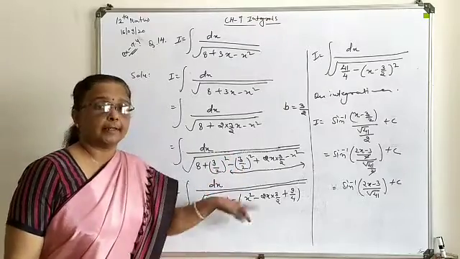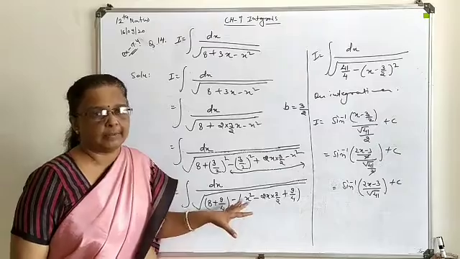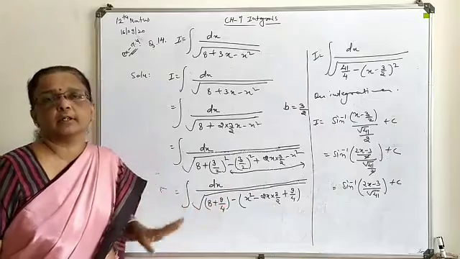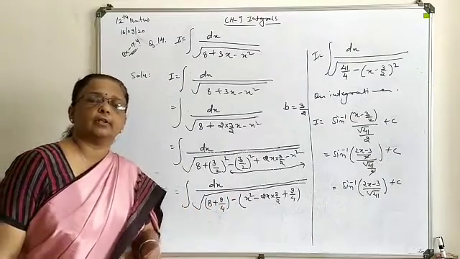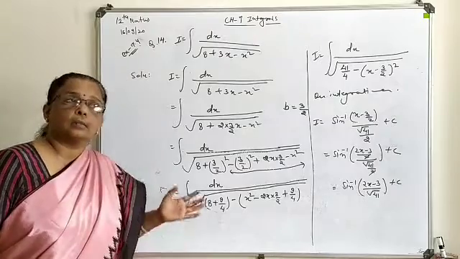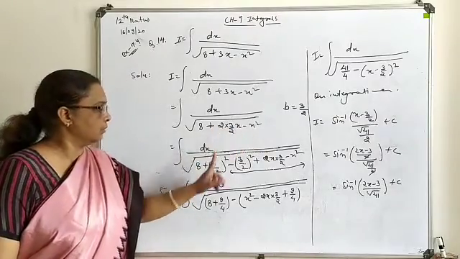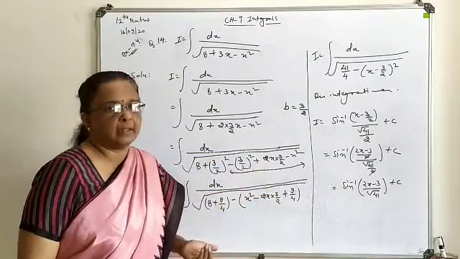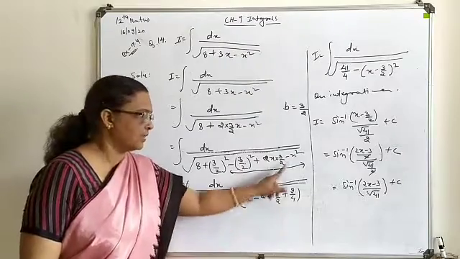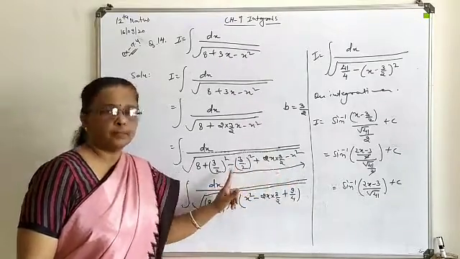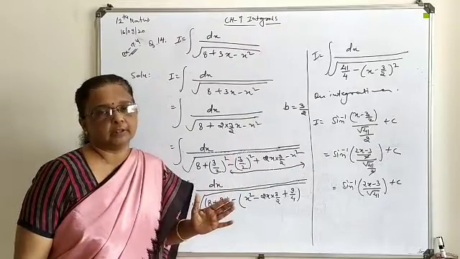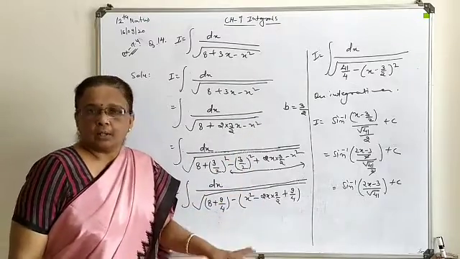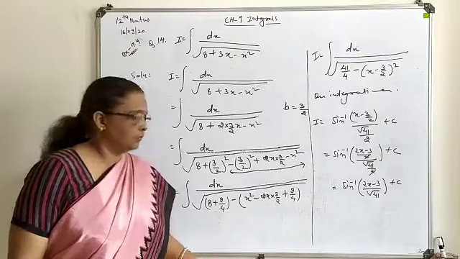Now the second thing to keep in your mind in such type of question is the sign of the first and last term. Whatever sign the first term has, the same sign you will select for the last term. Doesn't matter if it is positive or negative. If it is positive, you select positive sign. If it is negative, you select negative sign. Because the middle term may carry plus or minus sign. But compulsorily your first and last term should carry the same sign, then only it can be converted into a perfect square form, otherwise not possible. So keep these three things in your mind while attempting such type of question.